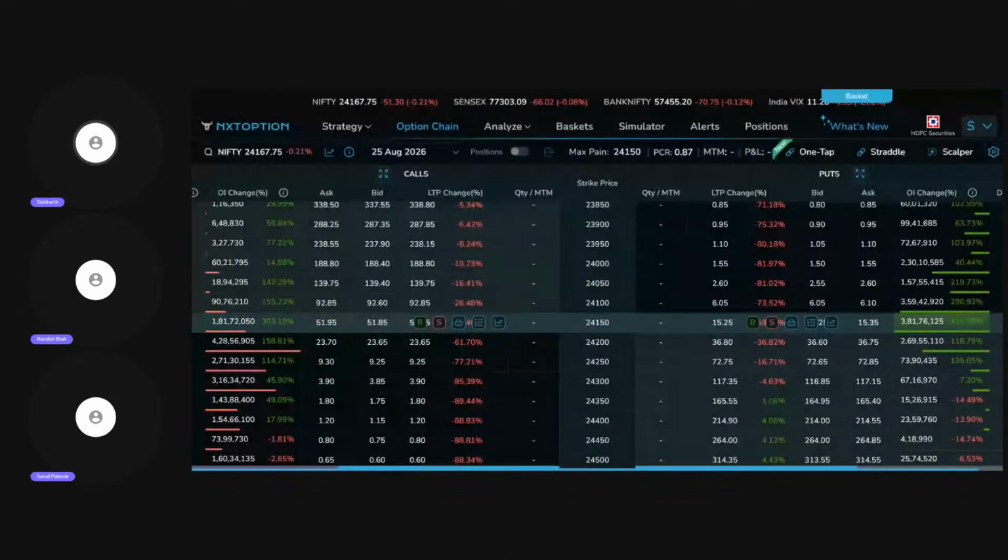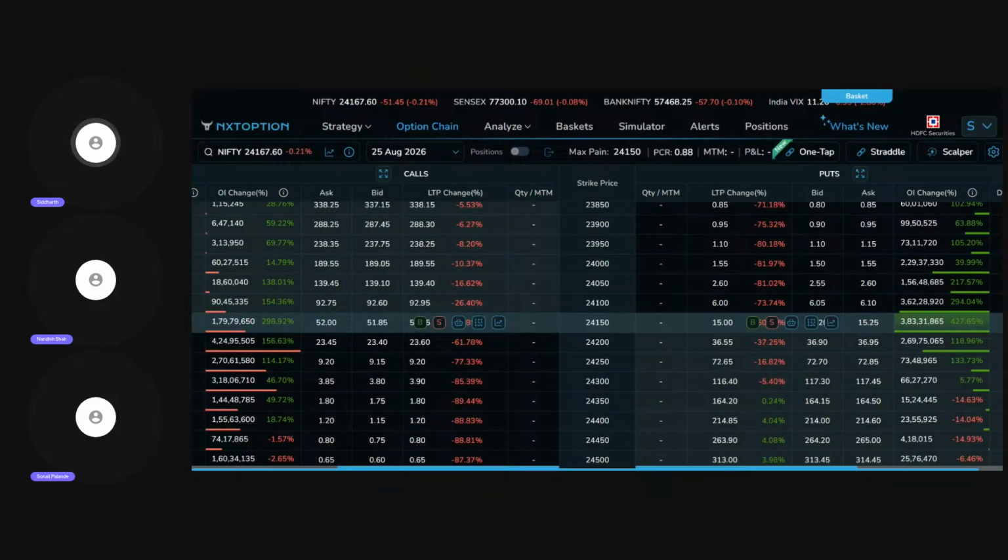Yes, so basically, Nifty is currently trading around 24,165 to 24,175 level. The important development is that we have seen a sharp intraday recovery from the lower levels, but the index is now showing some rejection after moving towards the 24,190 to 24,200 zone. It's a 200-day EMA intraday level where Nifty is currently facing resistance.